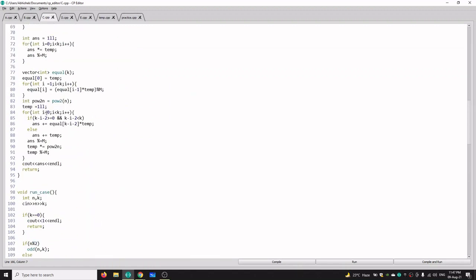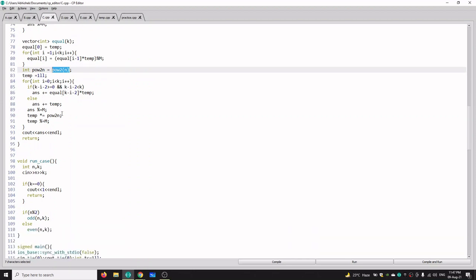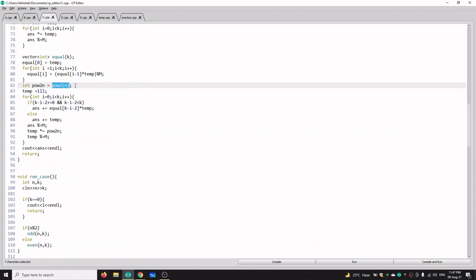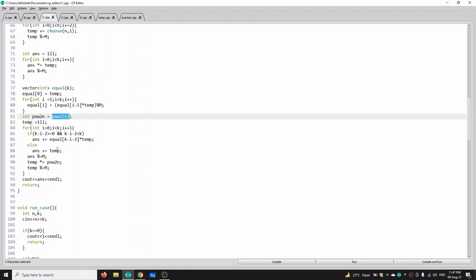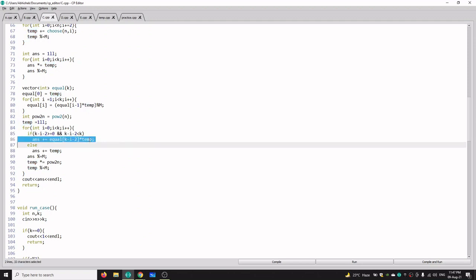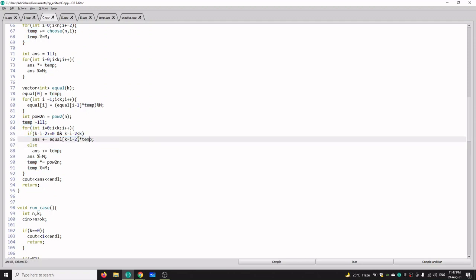We are iterating from I equal to 0 to k, and in this loop we are multiplying our temp with 2 to the power n, that is, we have already calculated here the number of ways of taking random values in n bits. For each iteration we are multiplying temp, the number of ways to take the random values, by the number of ways to make the previous bits equal.